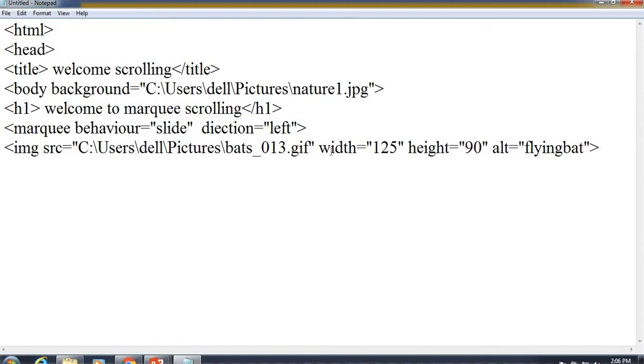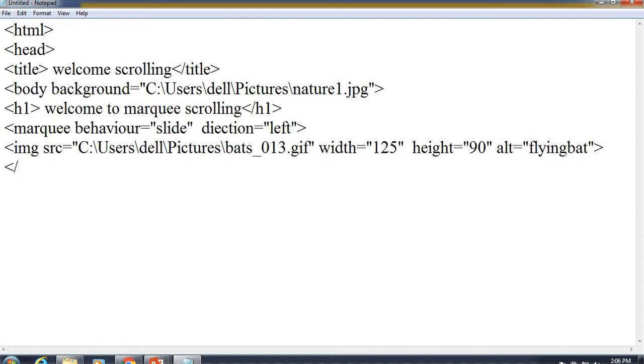So here we have specified width 125, height 90, and the alternate property we added is the name of the image. Then we can close the tags, and whatever tags we added here we will close one by one.